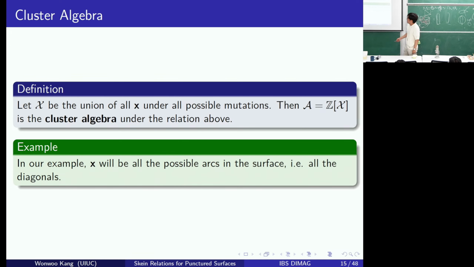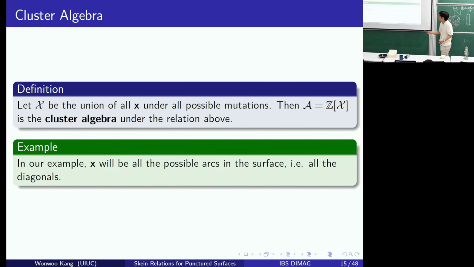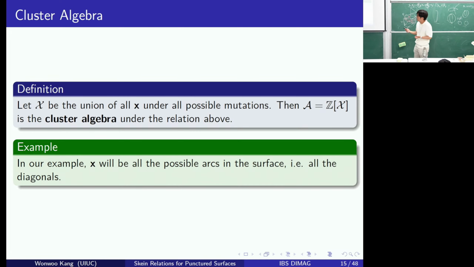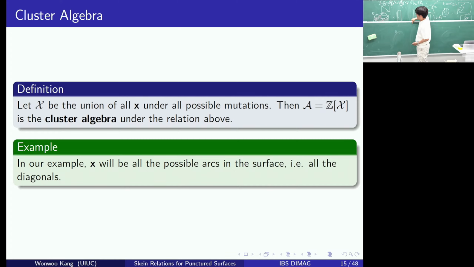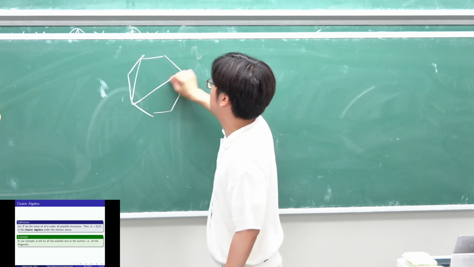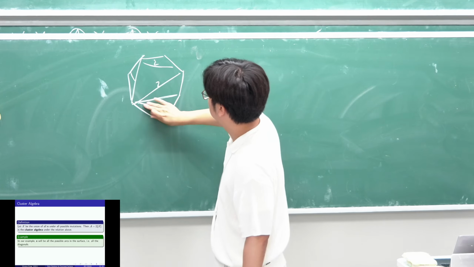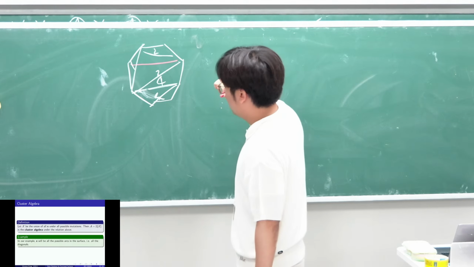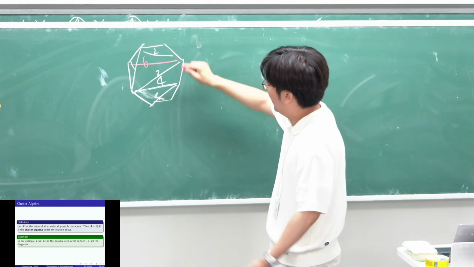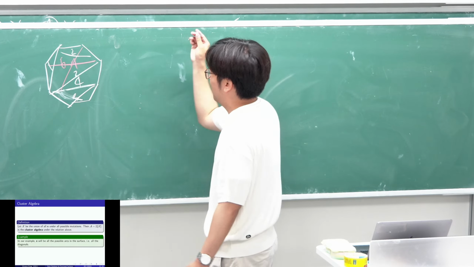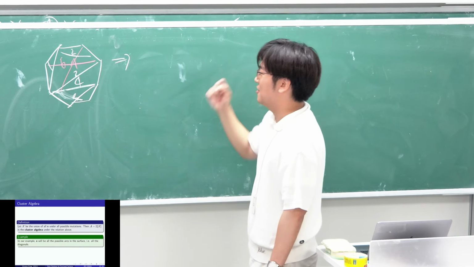And in our example, this x, which is a tuple of variables, will be all possible arcs in the surface. So in our example, it's all the diagonals. So let me state it in a more manifold way. My previous example was 1, 2, 3, 4, 5, and technically the new diagonals should be written as 6, 7, and so on, n choose 3, or n minus 2 choose 2, or whatever. I forgot. I'm not really good at the combinatorics. So anyway,